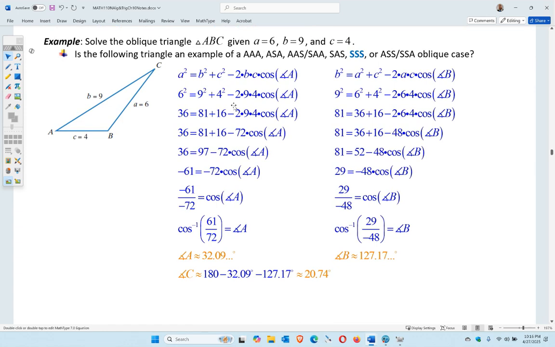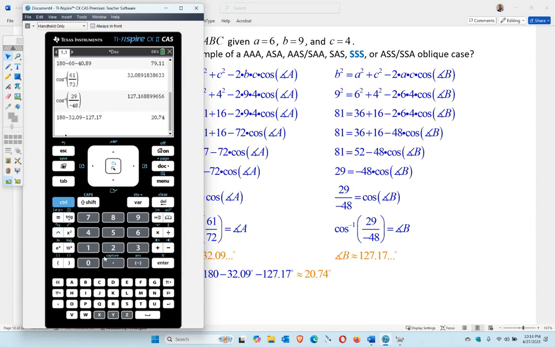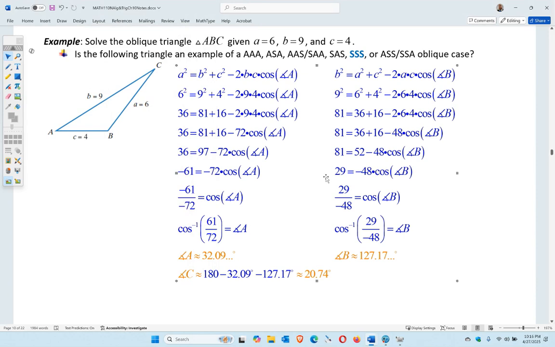So it's safe to do two law of cosines because otherwise you might get the acute versus the obtuse angle. You might not get the 127. You might get the opposite angle, 180 minus 127.17, which is 52.83, if you did law of sines, which is typically the first angle you would get. So you would actually get this wrong if you hadn't realized it was the AS case, because you only have one angle. So be careful on that when doing law of cosines. You can switch to law of sines, but it's safer just to say